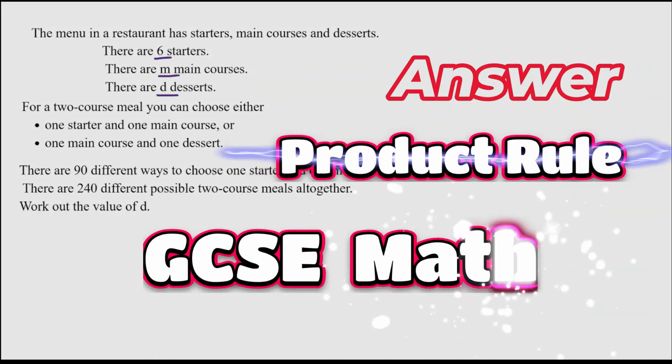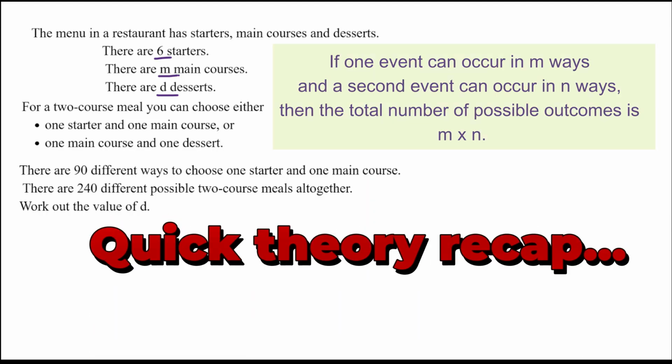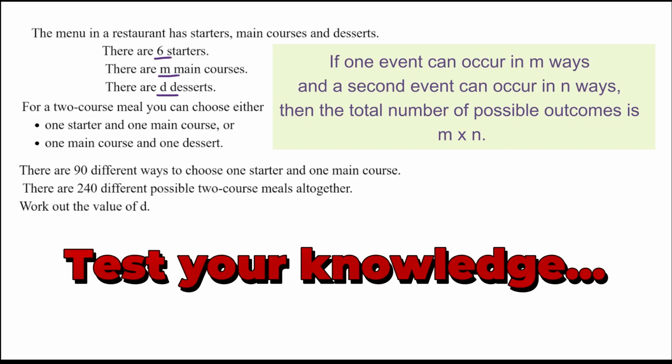This question is about the product rule. If one event can occur in m number of ways and a second event can occur in n number of ways,